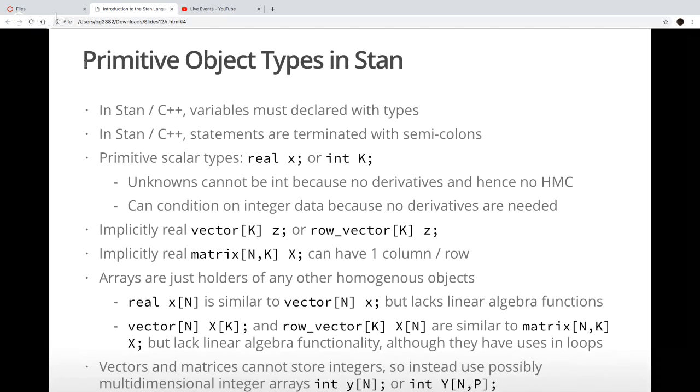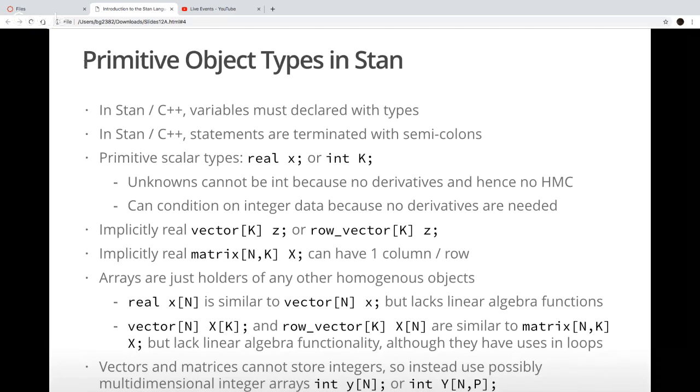So by vector, we mean column vector oriented up and down, row vector oriented horizontally, but those are technically different types in the Stan language. Moreover, Stan distinguishes between a vector of size 1 and a scalar, even though a vector of size 1 only contains one number. That's in contrast to R, which doesn't even really have a notion of a scalar. It just has length 1 vectors. But Stan distinguishes between those two.